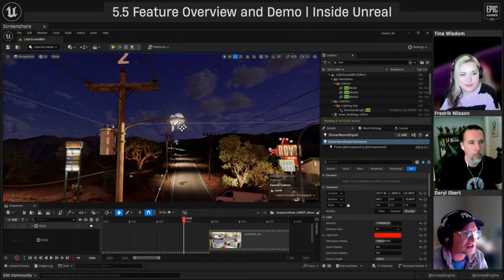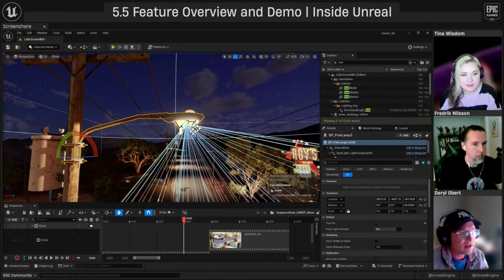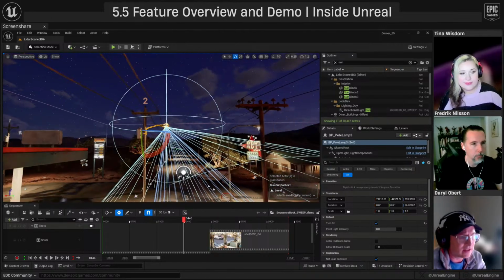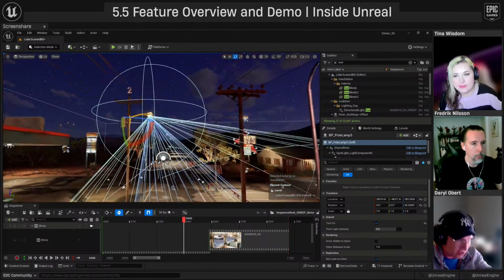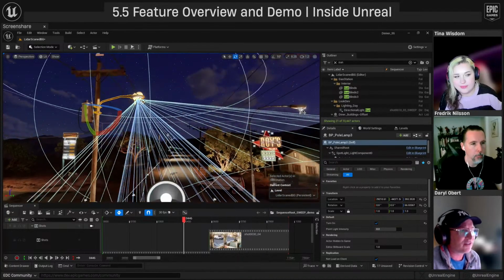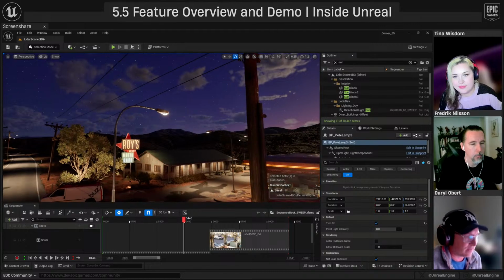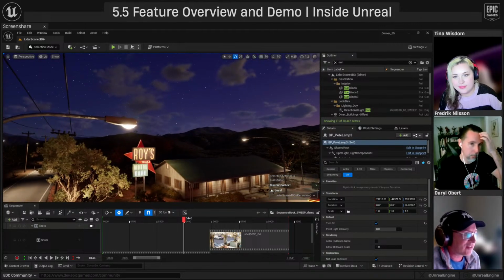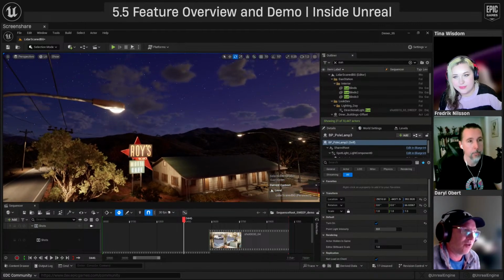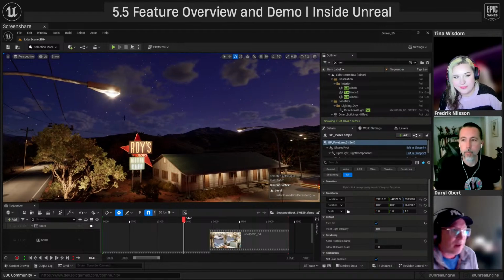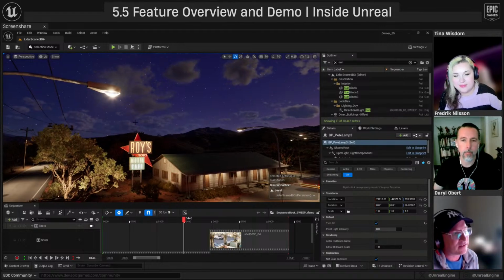A lot of these lights are actually double stacked, where I'll have a spotlight, and the spotlight obviously is going to cast that light downward, but it doesn't do a good job of then filling back into the volume of the street light. So I stack with that a little point light, and that little point light gives me that really nice little pop that illuminates up inside of the lighting structure.